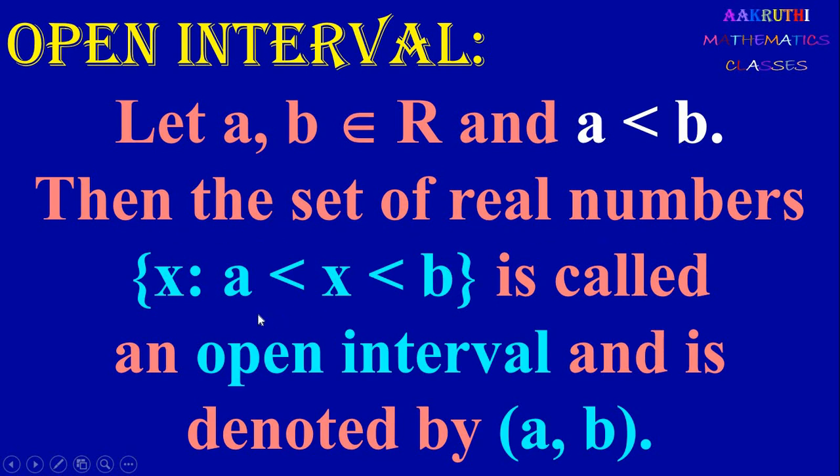Then the set of all real numbers, set of all x such that x is greater than a and less than b is called an open interval and it's denoted by, here we have to use round bracket, (a, b). Now what is the meaning of open interval? Consider two numbers a and b with a less than b. You have to write all the numbers in between a and b. It is real numbers in between a and b, but important, a and b are not included. So here x is greater than a and less than b. We call this an open interval. We write inside round bracket (a, b). So it is open interval denoted by round bracket (a, b).